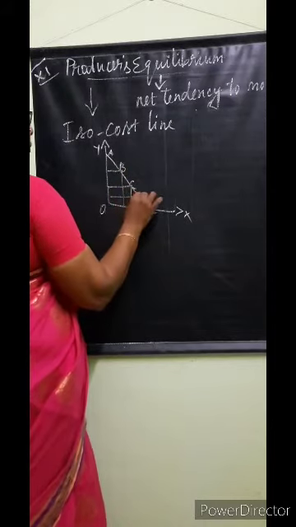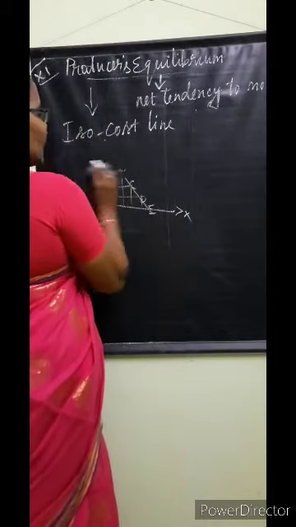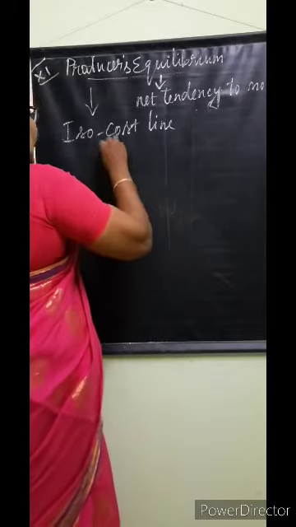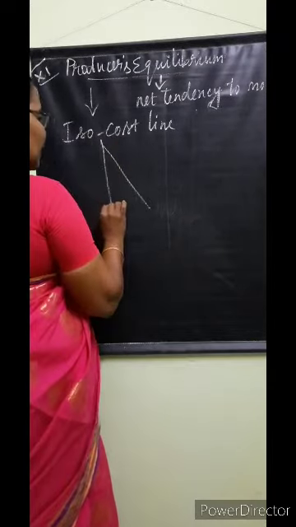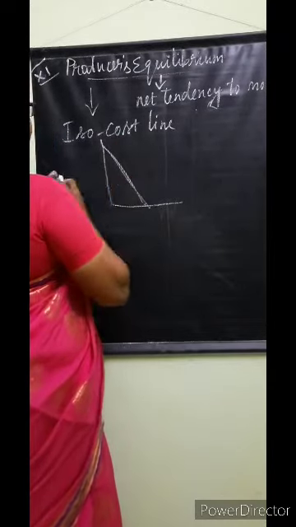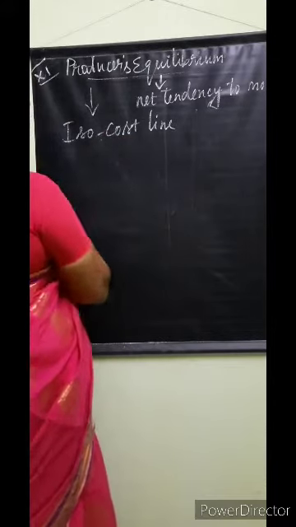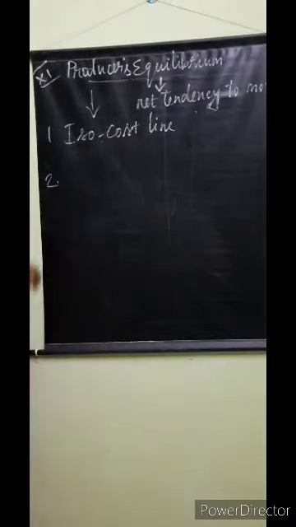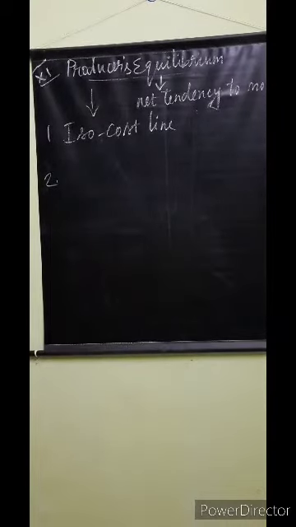In the previous video we have this. So this isocost line should be tangent, means in this manner. This is tangent. So the isocost line should be tangent. What is the second condition? On the point of tangency, the isoquant curve must be convex to the origin, and then our MRTS must be declining.